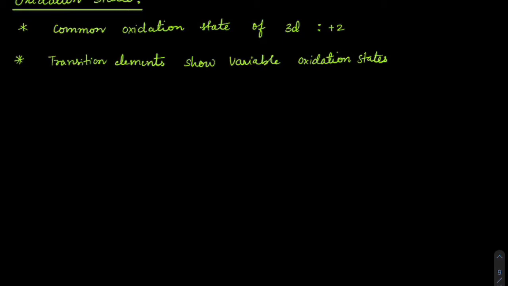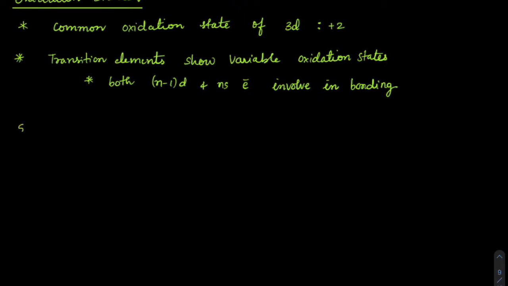Why does this happen? It is because of d and s electrons, right? Both will be involved in the bonding here. The reason for this is both (n-1)d and ns electrons are involved in bonding. If I just put the elements scandium, titanium, vanadium, chromium, manganese, iron, cobalt, nickel, copper, zinc,